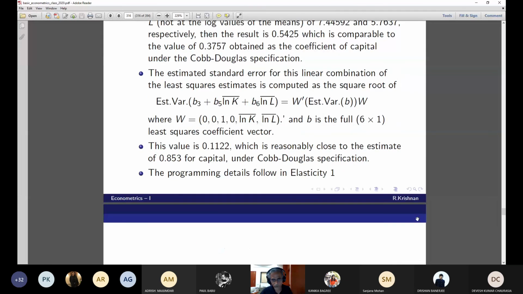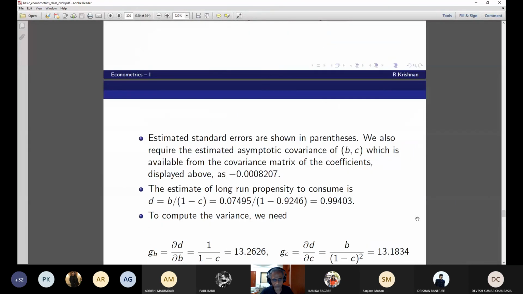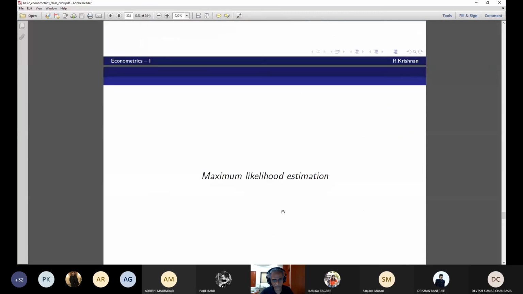I wanted to start the maximum likelihood estimation. How many of you have done MLE? Very few. Drishan, have you done MLE? Like we know how to find the maximum likelihood, like the Neyman-Pearson lemma. Sir, I forgot everything. Kanika, Yamini, have you done MLE? Yes, a very tiny bit of the portion. Sir, little bits are not that detailed.